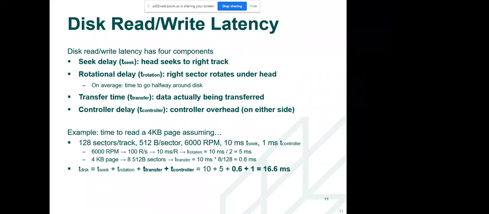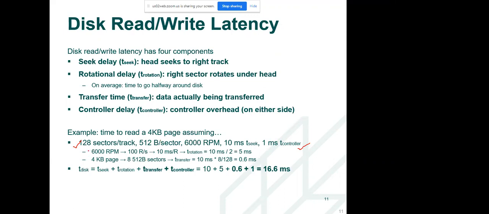Then 512 bytes per sector, and RPM 6000. These are the given information in your question.